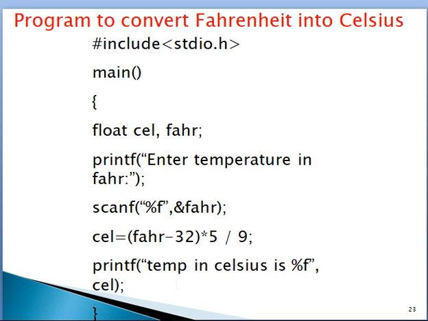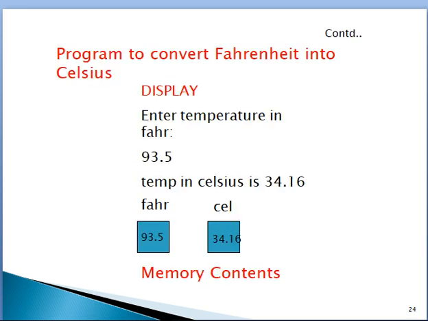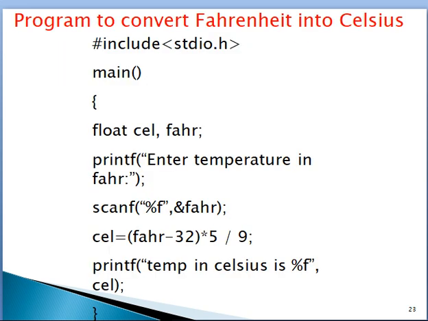You will see how the program is executed in this slide. First it asks to enter the temperature in Fahrenheit. We will enter 93.5. This takes the input value and substitutes it in the formula celsius = (fahrenheit - 32) * 5 / 9.